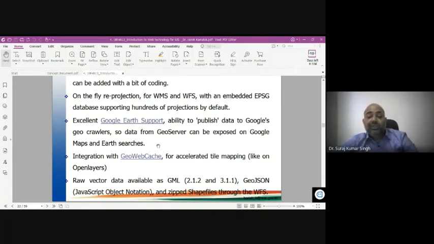So all the GeoServers are attached to Google Maps, so that you can view the data, interact with the data, and publish the data. It is integrated using GeoWebCache for accelerated tile mapping. Raw vector data is also available as GML 2.1.2 and 3.1.1, GeoJSON, and zipped shapefile through WFS.